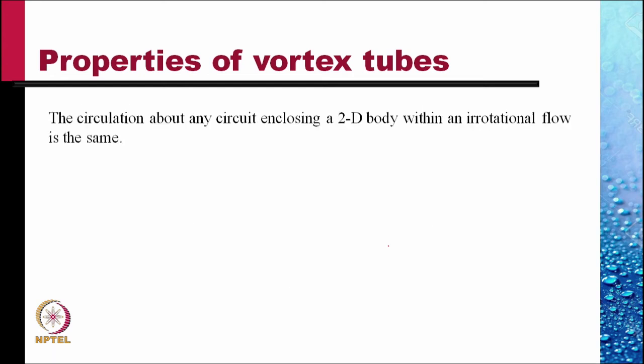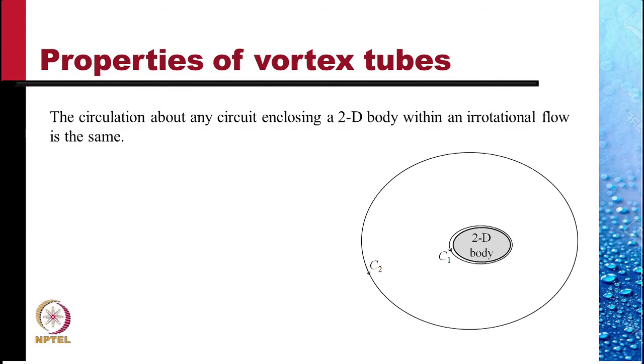Another property: the circulation about any circuit enclosing a 2D body within an irrotational flow is the same. This is easy to show. Consider a 2D body and two circuits C1 and C2. Neither C1 nor C2 can be shrunk to a point,